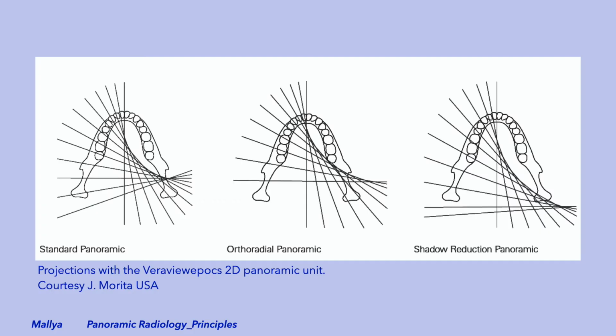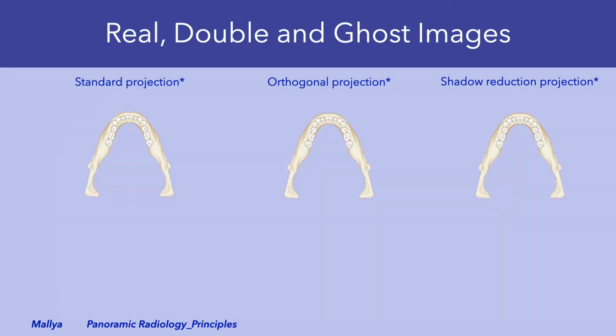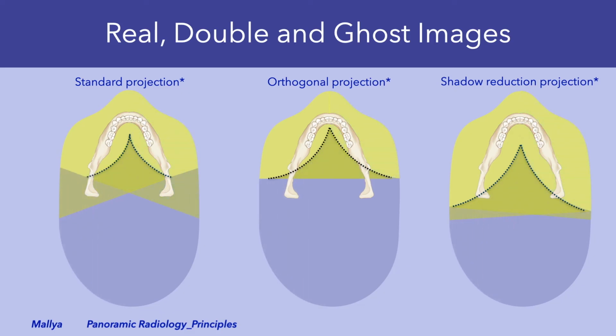Modern panoramic machines provide options for different panoramic projections. Modifications to the standard projections are created by changing the path of the rotation center. As a consequence, the zones where real, double, and ghost images are produced will also vary. Be aware of this when you interpret panoramic radiographs that have been made with non-standard projections. Of note, these non-standard projections are of value in specific situations. The orthogonal projection, for example, allows us to visualize the teeth with less horizontal overlap. And as you can note with the changing zones in the shadow reduction projection, there is less superimposition of structures